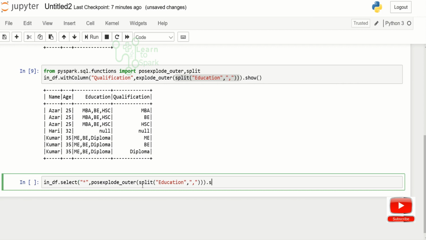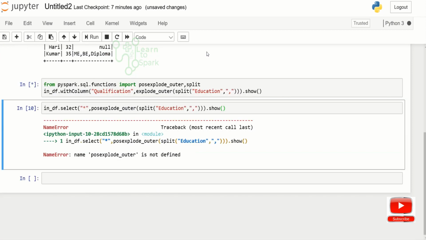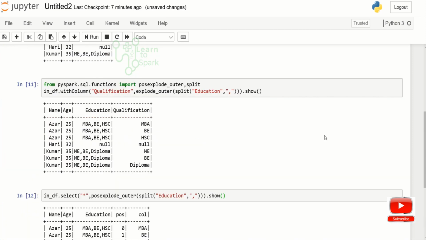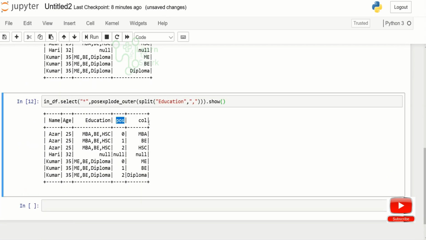Okay, I haven't run it. This way we will be able to achieve the position as well as the